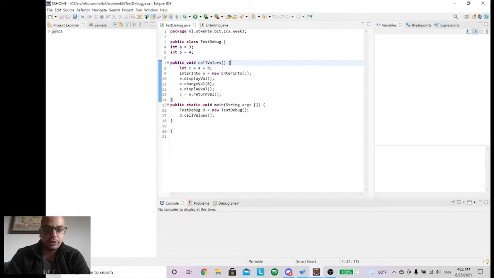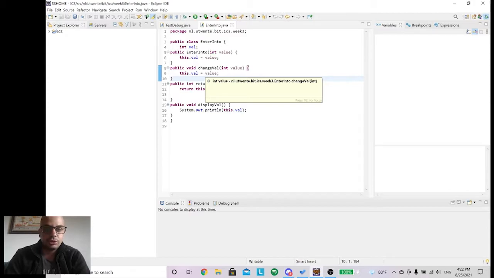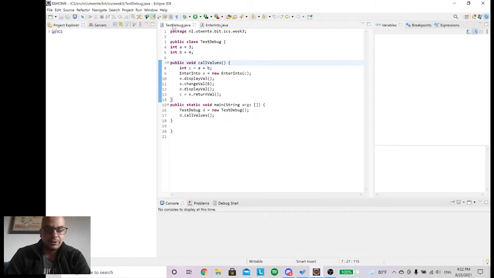It has only one method, two global variables, a simple calculation, and a class enter into which you actually pass a value, and you can change that value, you can return the value, you can display the value, and yes, that's mainly it. So in order to start the debugging, there are two main ways how to do it.